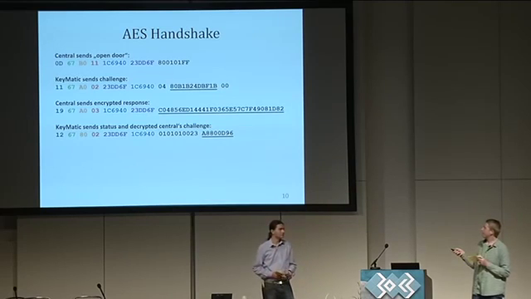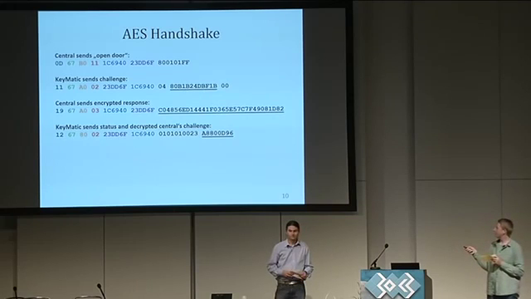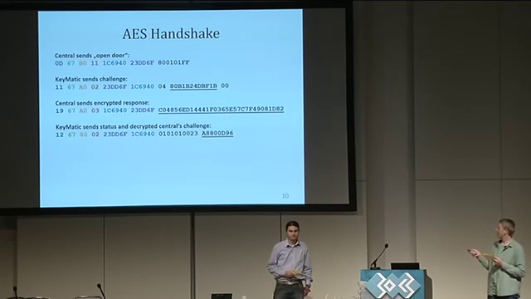Then the KeyMatic generates a random challenge and sends this challenge back to the central. The central encrypts this challenge with the AES key known by both devices, meaning it encrypts this challenge with the known shared secret, and sends this encrypted message back to the KeyMatic. The KeyMatic decrypts the